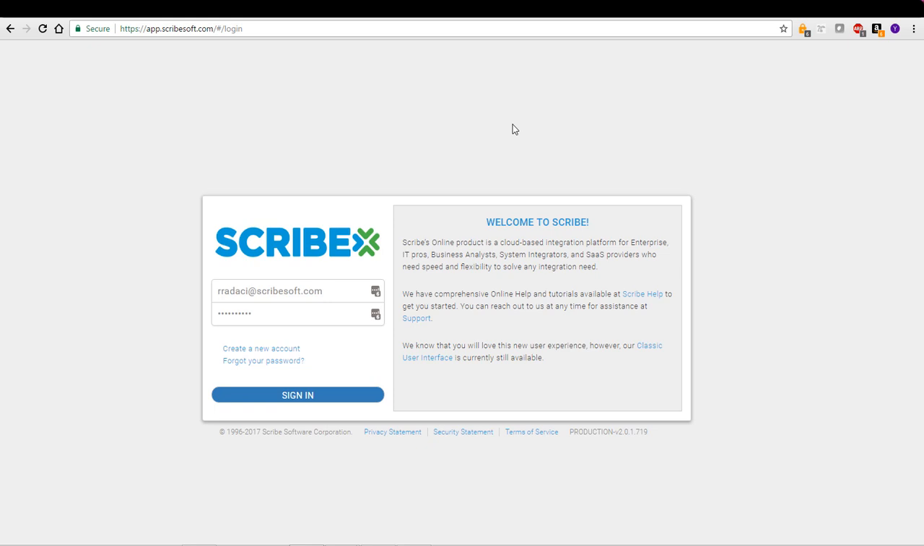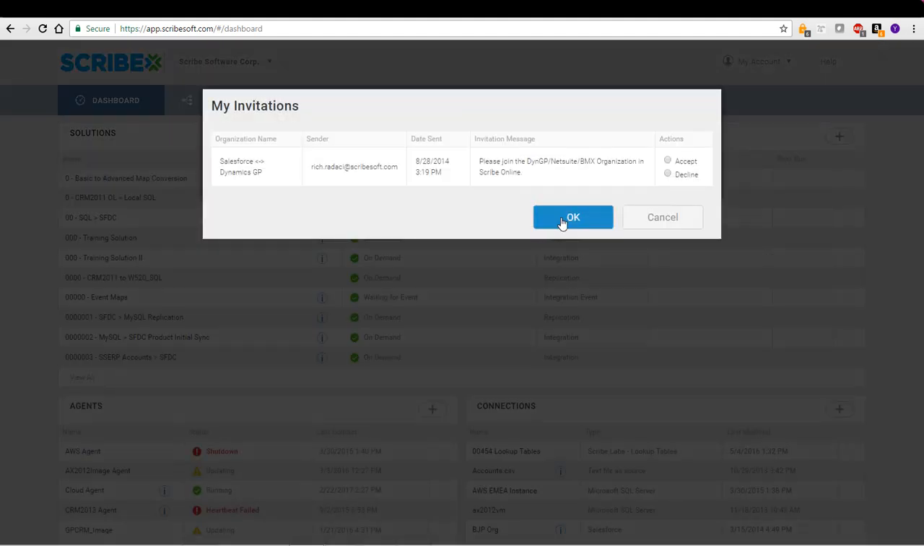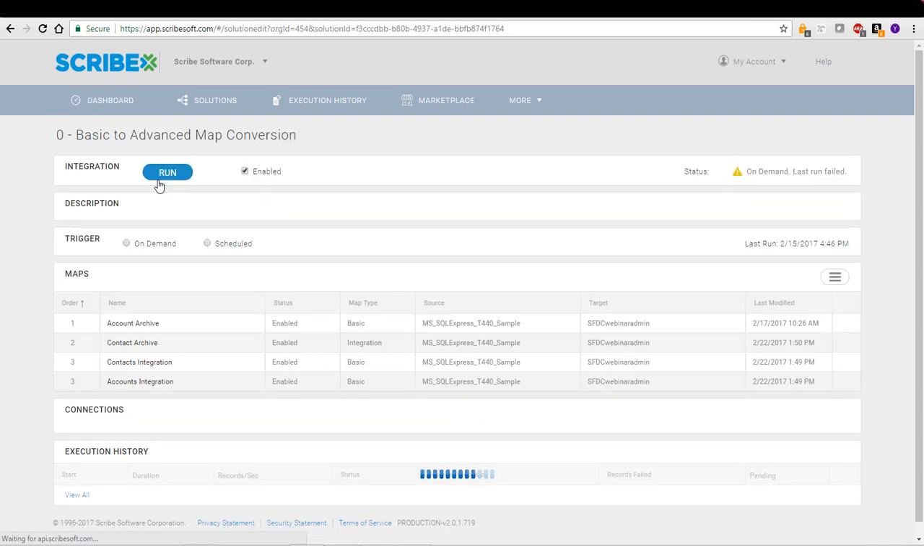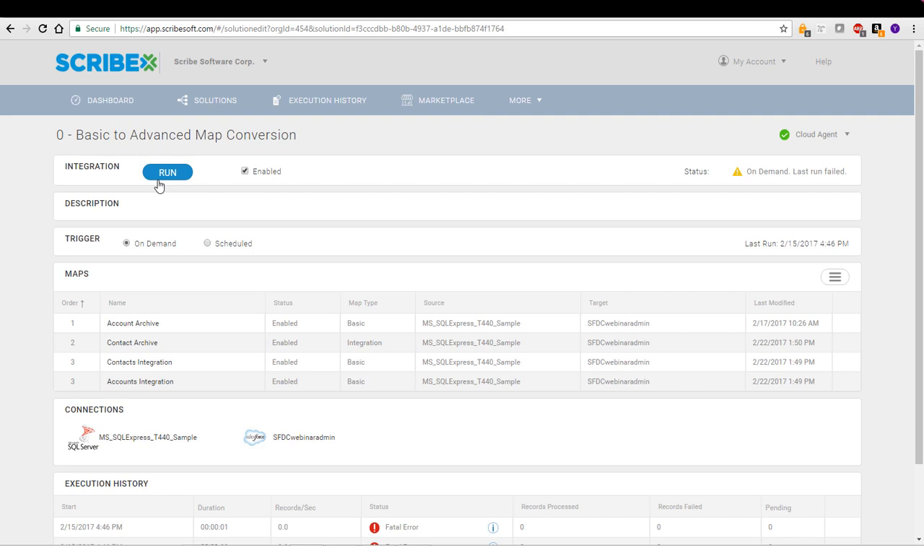So here we're at my Scribe Online landing page, and I'm going to go ahead and sign into my instance. And where we end up is at the dashboard within the HTML version of Scribe Online. Here at the very top is the Solutions widget, and below it are all the solutions that make up this particular widget. Now, the one that I want to focus on today to share with you how to convert a basic map into an integration map, should you require editing against that map, is the very first one that you see in this list. So I'm going to click on it and look at the detail here within that particular